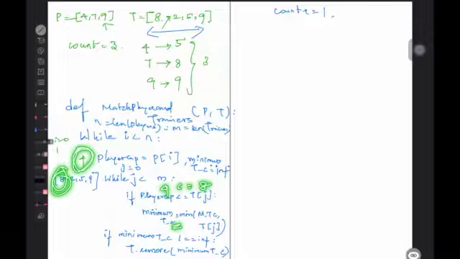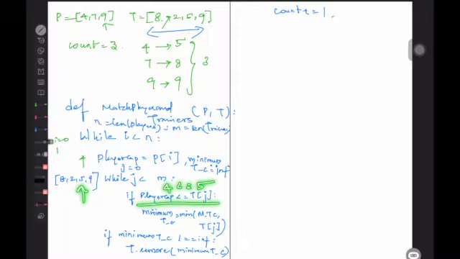So minimum capacity would have updated to 8 initially. Then the second would come, 4 is not less than or equal to 2, so this won't get updated. Then 5 would come, 4 less than or equal to 5, right?